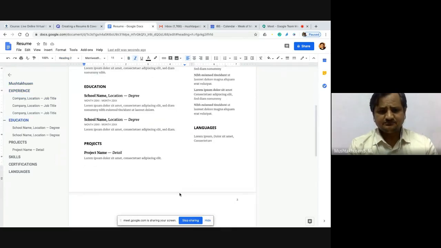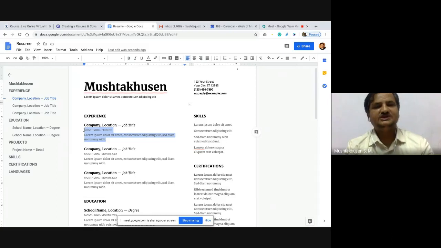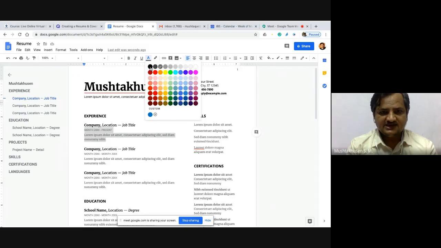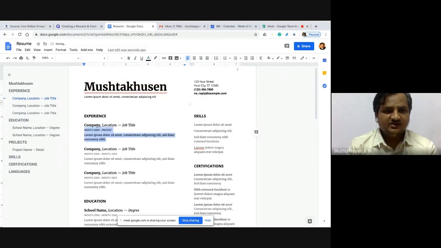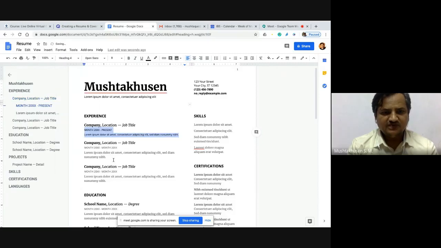Now again, if you want to select this part, for example, now this is in gray color, right? So if you want to convert this gray color into say black color, again you can go to text color, select black, and then, yes, which style is this? This is heading 4. So you can update heading 4 to match. Now this will become black. So this is how we can change it.